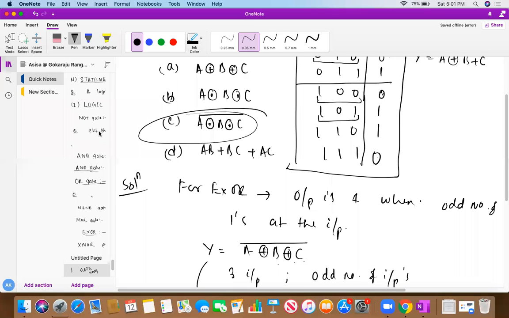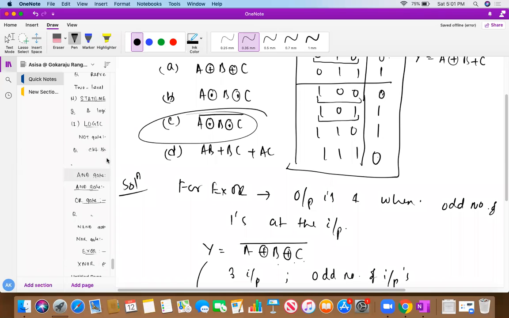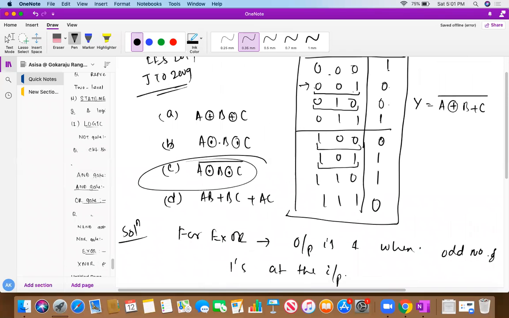So it's a very important question, students. What do you actually check? The XOR output should be 1 when an odd number of ones is there. But here, during an odd number of ones, I am getting output logic 0. So obviously this circuit, if I draw it, performs the opposite of A XOR B XOR C. For an even number of ones, it's giving me output. For an odd number of ones, it's not giving output. Output is 0.